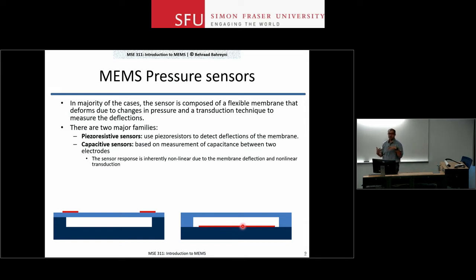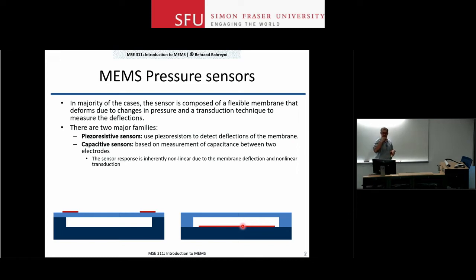So you have two sources of nonlinearity. First of all, your membrane doesn't move up and down as a flat plate. You get some curvature to it, so the change in capacitance with pressure, you get some nonlinearity there. But also, it's a change in gap that you have. And then remember that the dC over dy, when the gap changes, is inherently nonlinear. So there are two contributing factors to nonlinearity here, but capacitive pressure sensors nowadays are becoming more and more common,